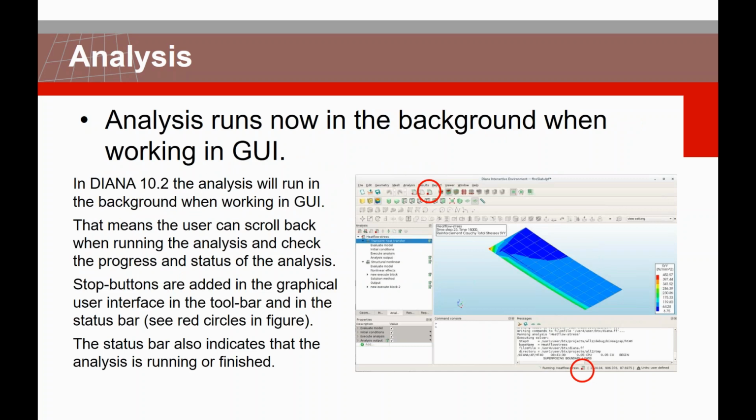For those who wanted to use the GUI while the program was engaged with the analysis, we have made that reachable. Now when the program is busy with the solver and doing the analysis, you can literally go back to the model, you can do modifications, you can do changes, and then if you want, you can stop the analysis and